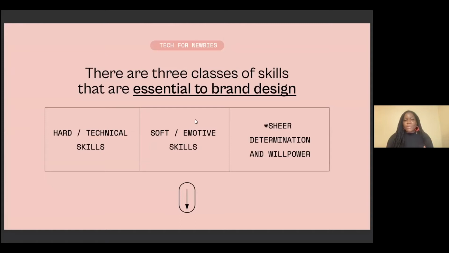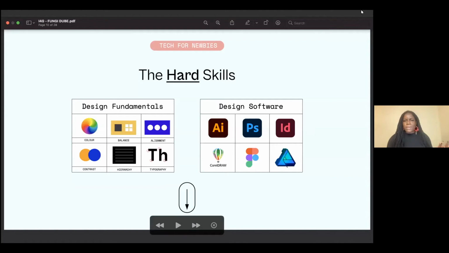So when we're talking about hard skills, we're talking about the fundamentals of design. So we need to be able to master graphic design theory. We need to be able to master the software. So when we're talking about graphic design theory, and what I have included here is not even close to fully constituting the full measure of what you need to understand, but basically being able to understand color. Like, how do people feel about this color if I use it for this brand, right? It's very rare that you're going to have a natural, organic brand that is going to be all black, right? That's going to give off a different vibe.